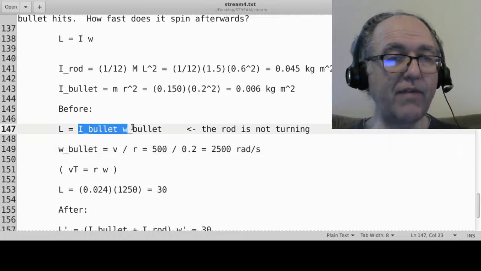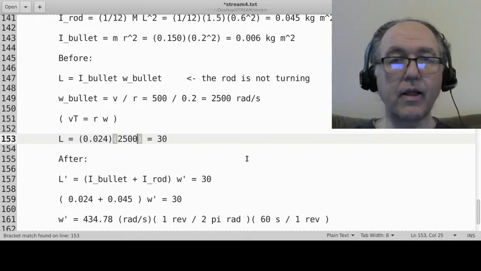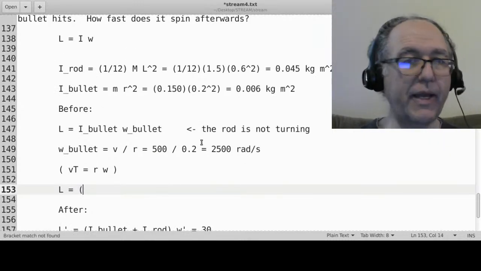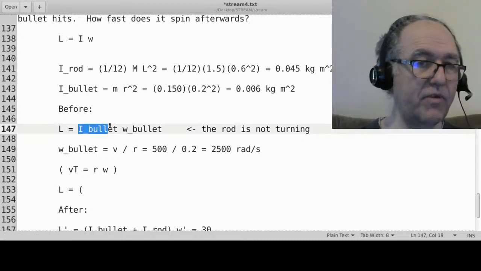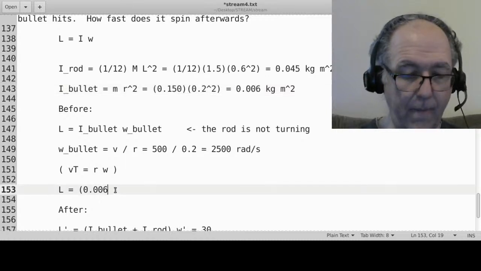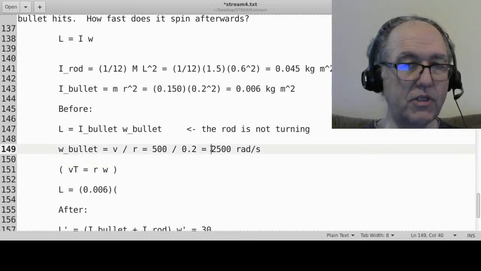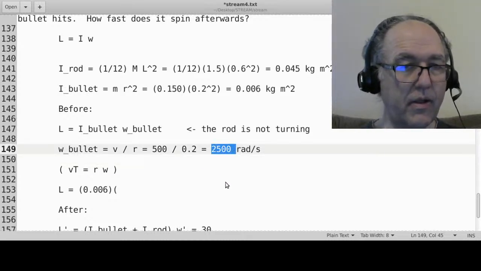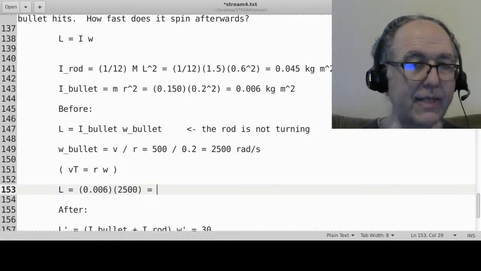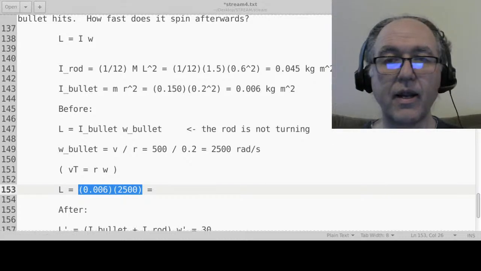So that tells me, if I plug back into here, that my... this is totally wrong. Whoops. That's okay. We're doing it together. So it's the moment of inertia of the bullet, which is this number right here, multiplied by the angular velocity of the bullet, which is right there. And that's going to equal, I'll tell you in just 1 second,